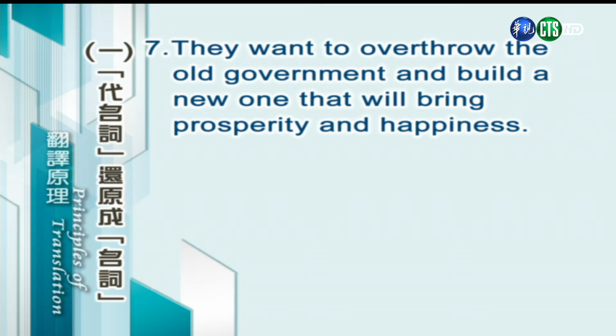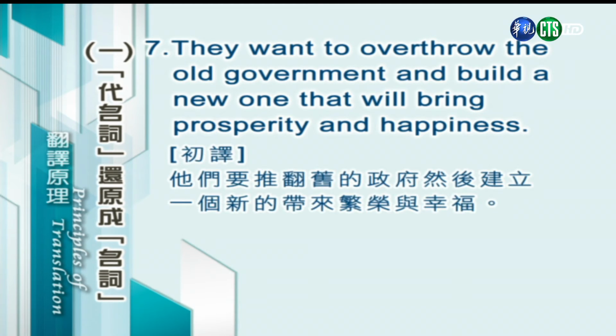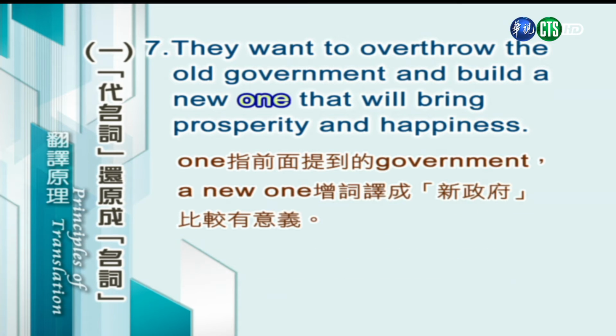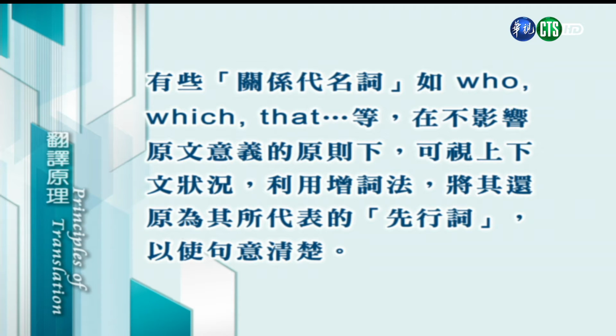They want to overthrow the old government and build a new one that will bring prosperity and happiness. 我们照字面来翻一下，他们要推翻旧的政府，然后建立一个新的，带来繁荣与幸福。好像没有翻完，我们要增字改译。他们要推翻旧的政府，然后建立一个带来繁荣与幸福的新政府。One 是指前面提到的 government，a new one 我们增词译成新政府，比较有意义。有一些关系代名词，如